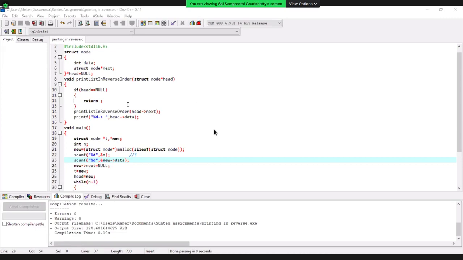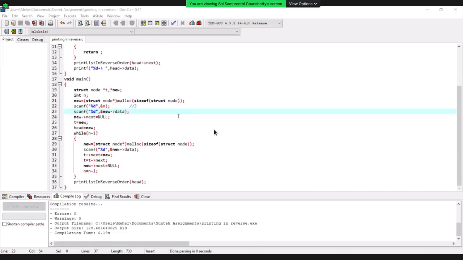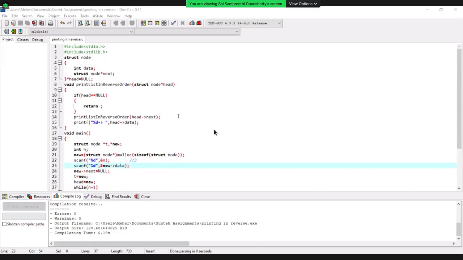That is fine. You are moving towards the end and printing, right? Yes, sir. But what about the pointers? Did you track it back to reverse the order? Initially the head will point to the next, and next will point to that next: 1 points to 2, 2 points to 3.